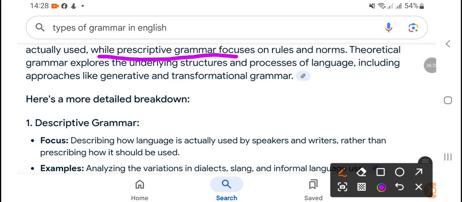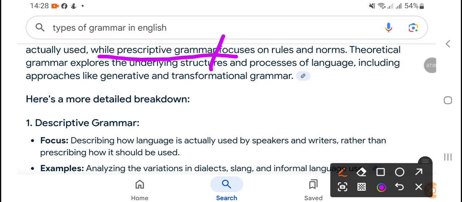Prescriptive, as in prescribed. Just as a doctor prescribes medicines without you arguing or using your brain, we have to take the medicines which are instructed or prescribed by the doctor. Similarly, according to prescriptive grammar, we have to follow what rules and norms say. Why? Because they are prescribed. For example, if I say that